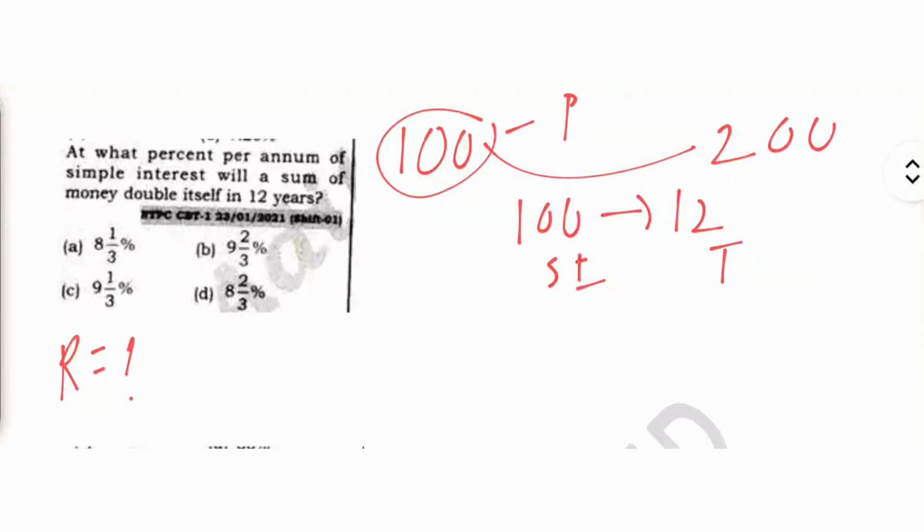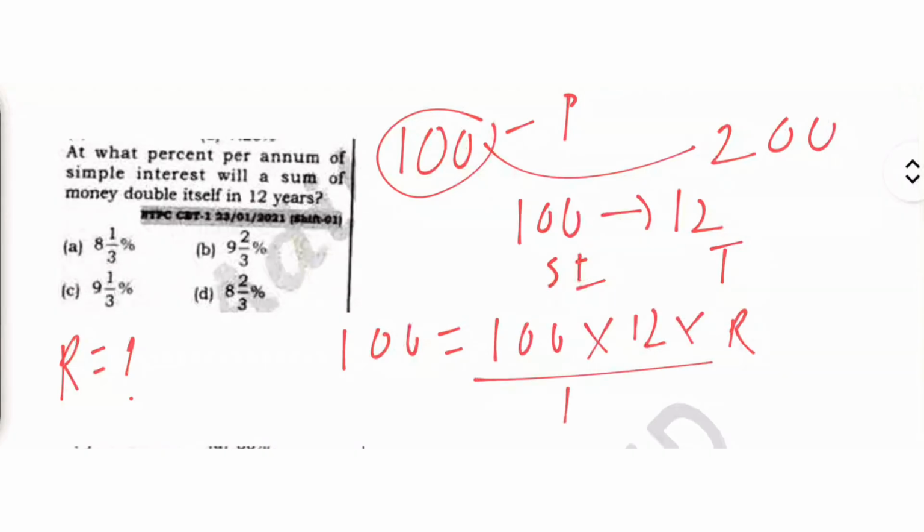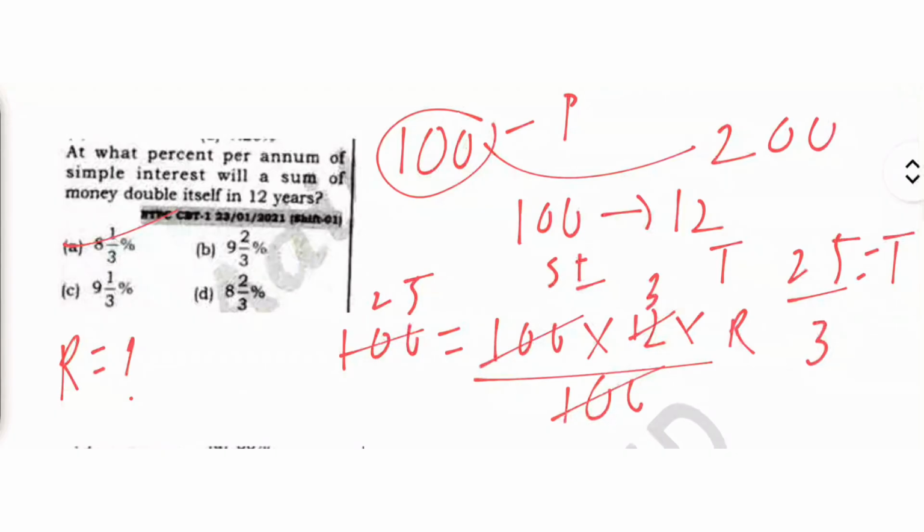Of course we can. So your simple interest is nothing but p into t into r upon 100. This and this gets cancelled. This is nothing but 4 threes are 12, 4 25s are, and 25 by 3, which is r, is nothing but 8 1 by 3 only. Okay,